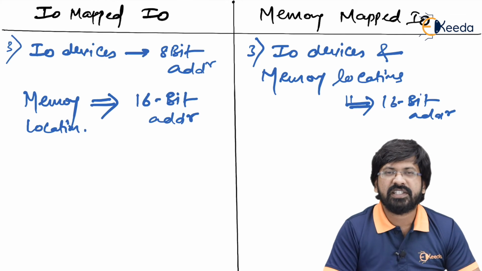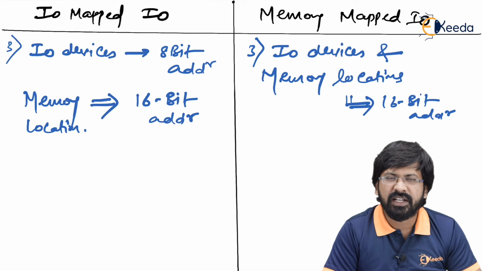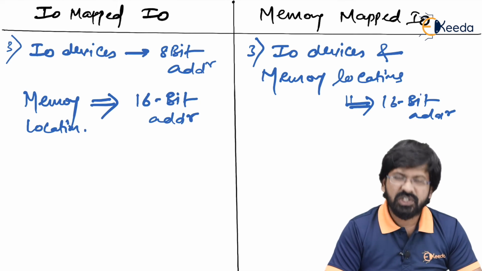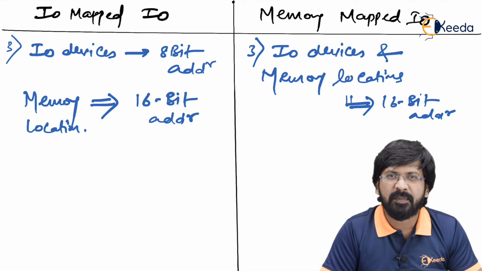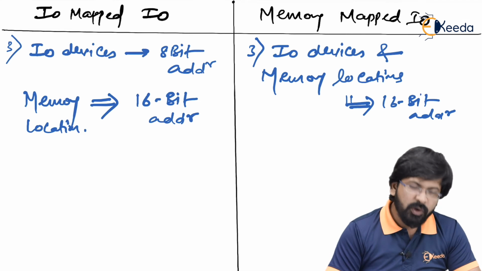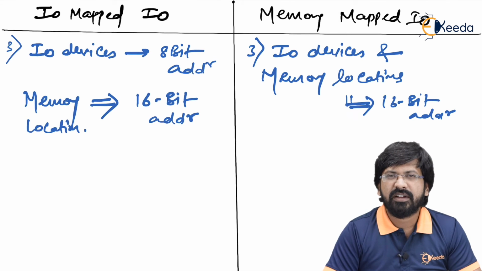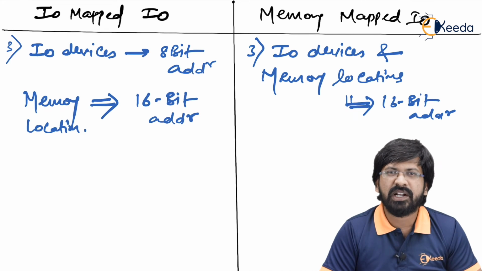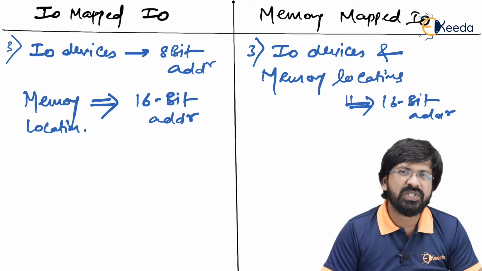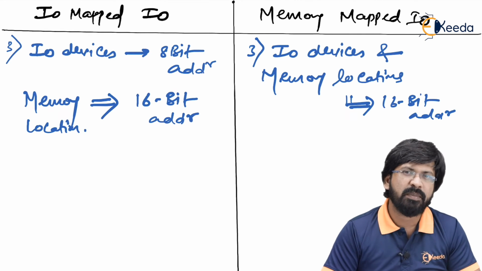Therefore, such an address in hexadecimal will look as if it has 4 digits: 1234 hex, or 5678 hex, or C050 hex, like that. So such locations, when they are coming, it is either memory or it can be IO. You cannot differentiate because you are already in memory mapped IO. Yes, if I'm talking about IO mapped IO, which is now quite crystal clear, IO devices are treated with 8-bit address and all memory locations are allotted with 16-bit address. So when you say address is 14 hex, definitely it is not related to a memory location. It must be the address of one of the IO devices. And when I say 1400 hex as a location, then definitely it is a 16-bit location. It always belongs to a memory location.